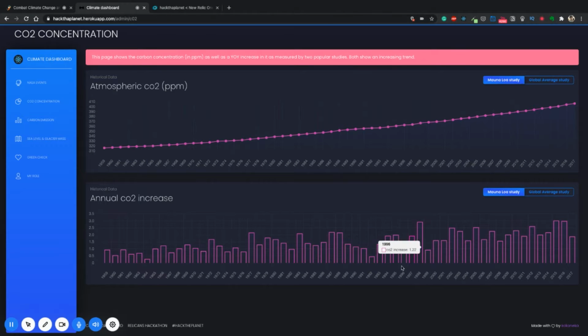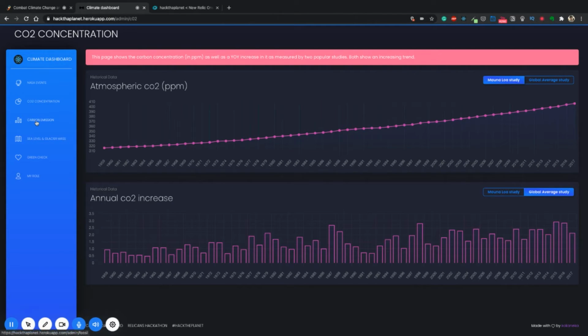As we move farther right from the 1990s, we see that these towers keep getting higher and higher, which means the carbon dioxide concentration ppm is going higher, according to both the Mauna Loa study and the global average study. We get somewhat similar results.